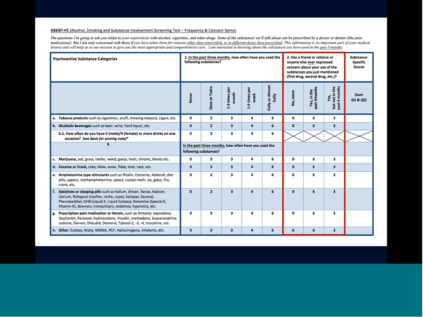So different from the full Assist, where you would go down for each question, you would ask each question for each substance. In the shortened form here, you go question 1,